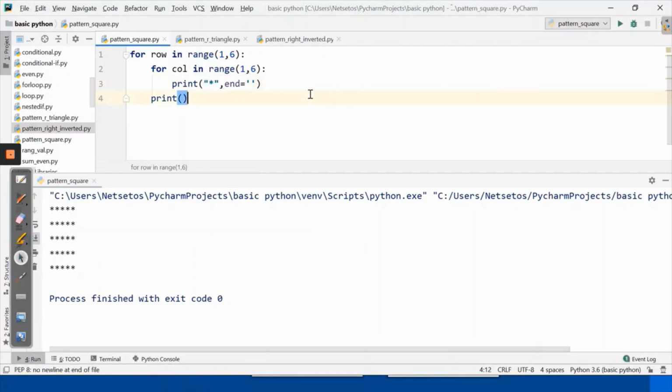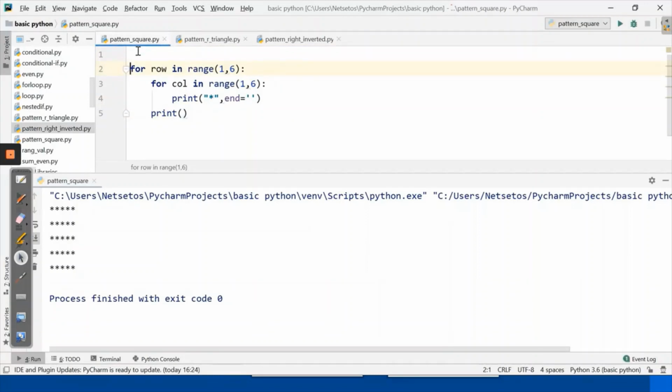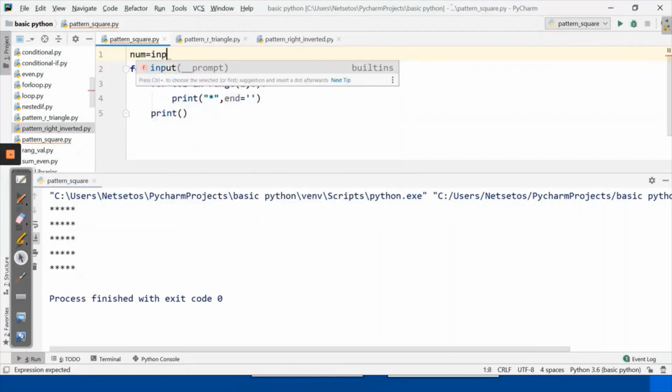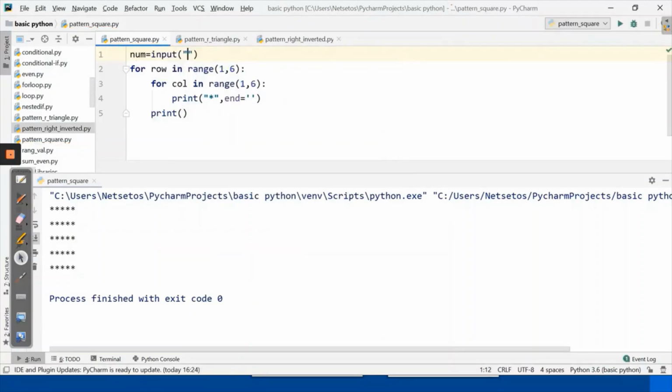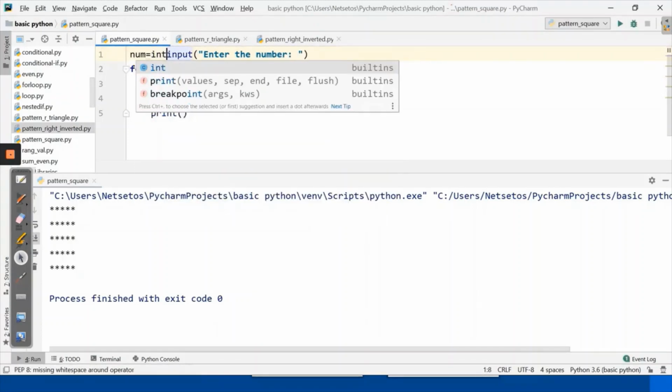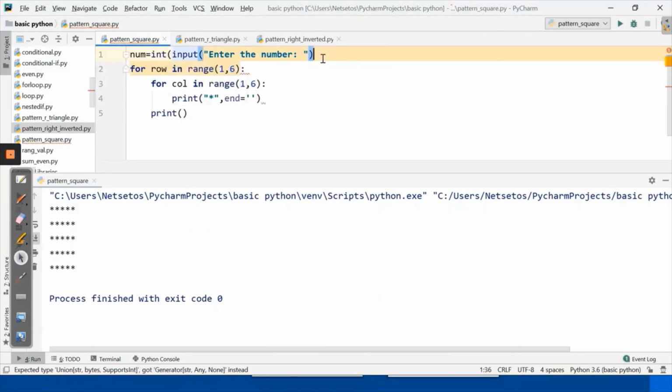Now, if I want the user to enter the value, what I'll do is write num is equal to input, enter the number, and it should be int typecasted because we want an integer value.